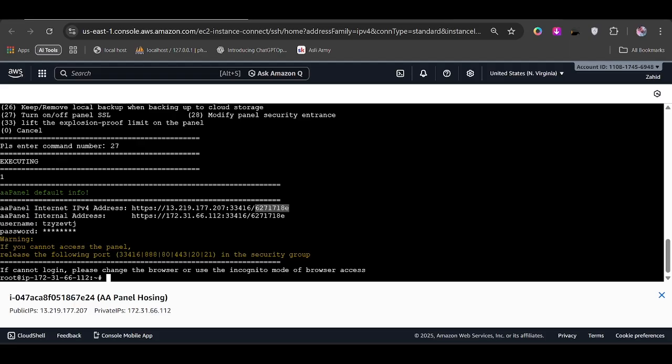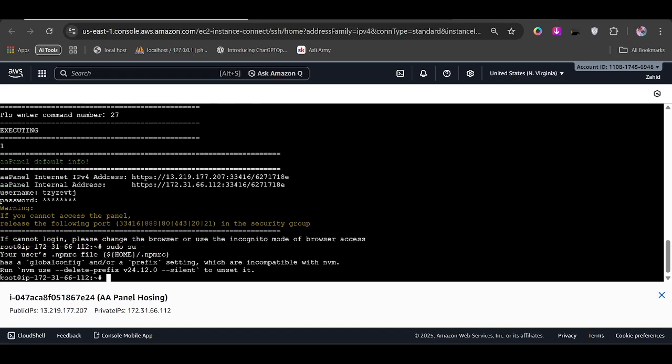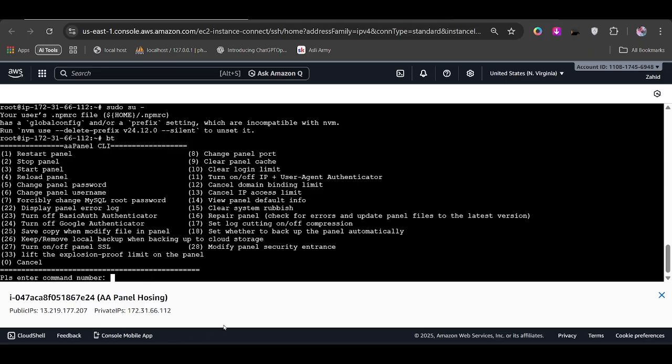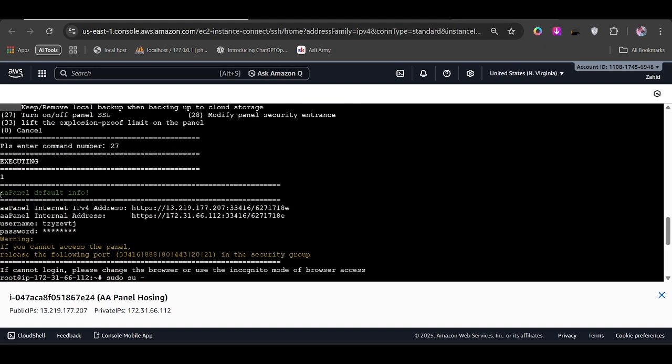go to your SSH panel here and type some commands. Those commands will be sudo su, then space, then dash, and enter. Then you will be navigated to your root, and here you will type bt. It is the command for accessing the menu of AAPanel. And if the panel will not take your credentials, you will in that case turn off your SSL by typing 27, and it will give you the output like this, and then you will take this URL